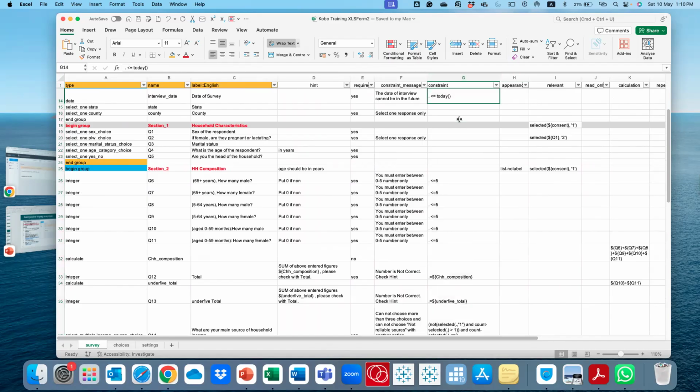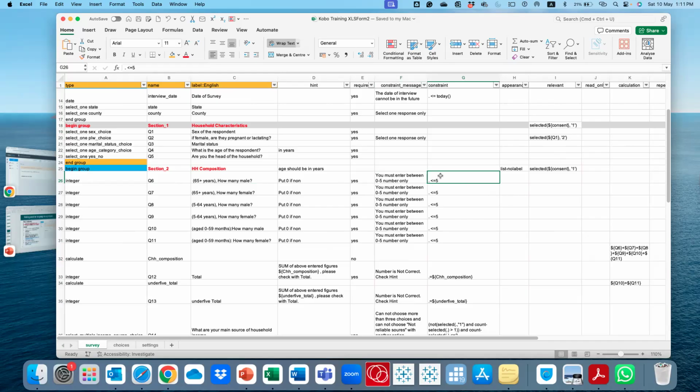So the constraints, for example, here we say the number of people in the household 65 years old and above, male, is an integer. Our constraint here is that the response to this should not be more than 5. You saw that when I put 6, or was it 7, it said your number must be between this and that.